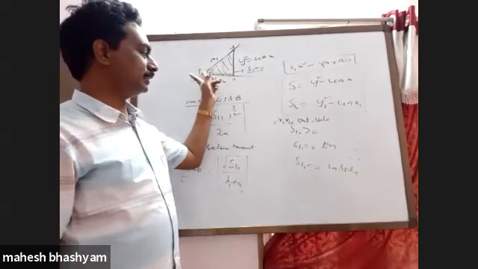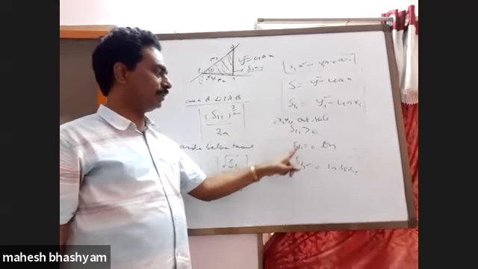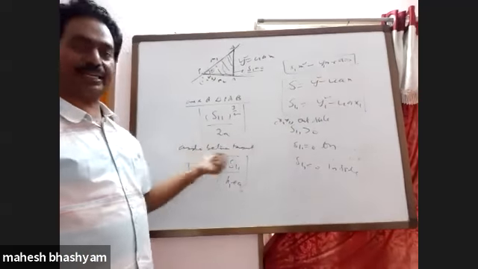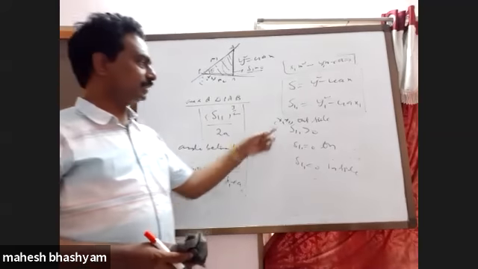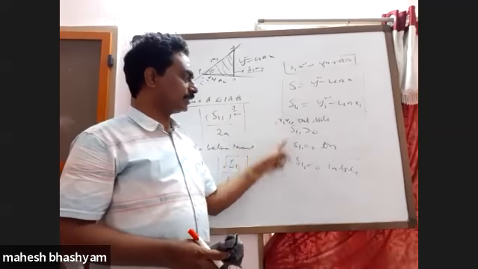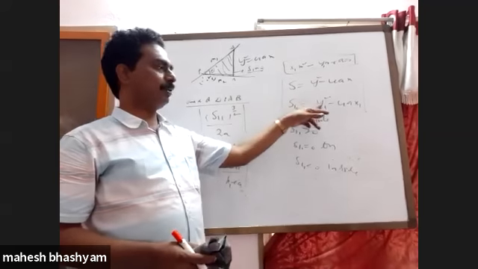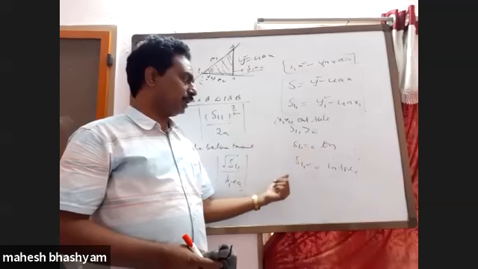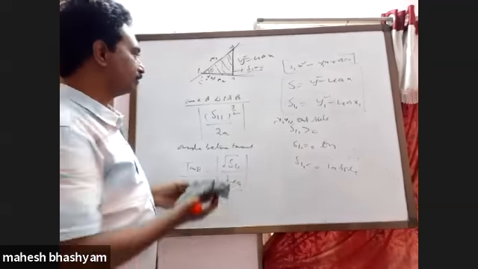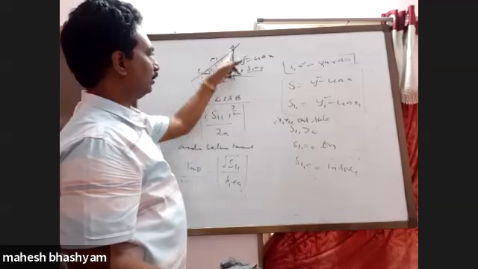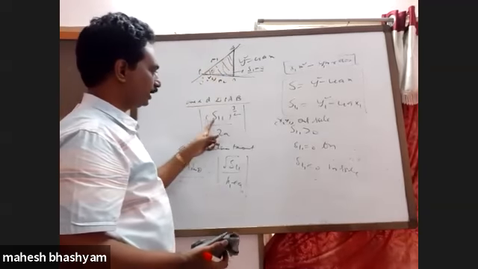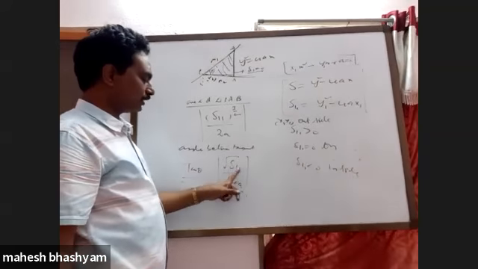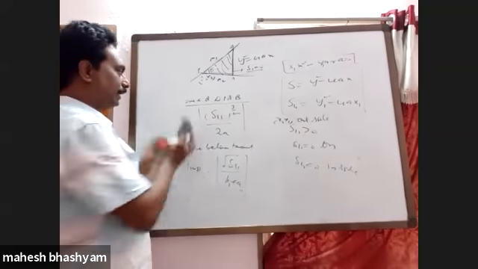When outside, two tangents are possible; on the parabola, only one tangent. When it is inside the parabola, there is no tangent formed at all. There are no real tangents for this. The number of tangents that can be drawn through a given point is decided by substituting the point in the parabola. If it is greater than 0, two tangents; equal to 0, only one tangent; less than 0, no tangent formed. And the area formed by the chord of contact with the pair of tangents is given by S11 whole power 3 by 2. The angle between the tangents is calculated by tan theta equal to root S11 by x1 plus a, in case of standard.